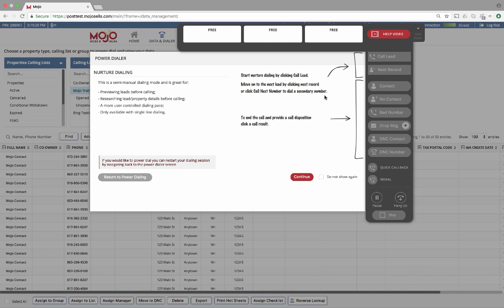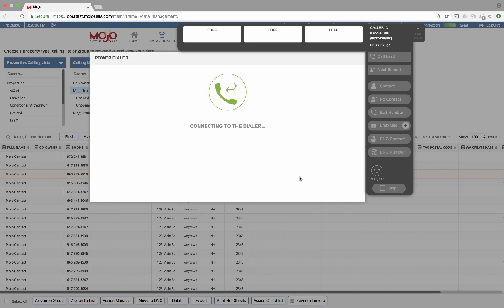Basically, what we're doing with nurture calling is you're controlling when the system dials. There's no automated flow from one call to the next call, and that's going to give you that important time, that necessary time, to review a lead before the dialer just connects you with that person. You'll still be able to take advantage of all of our call result buttons, and the workflow is very similar to the fully automated method. So once I've digested everything here on the splash screen, I'm going to click continue,